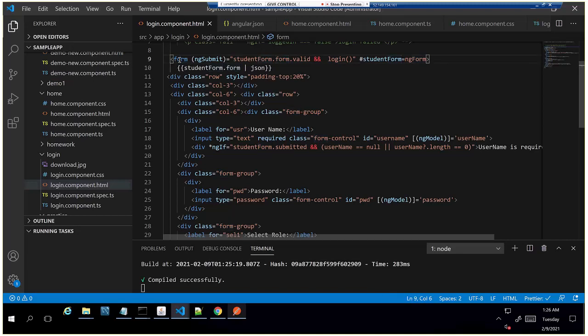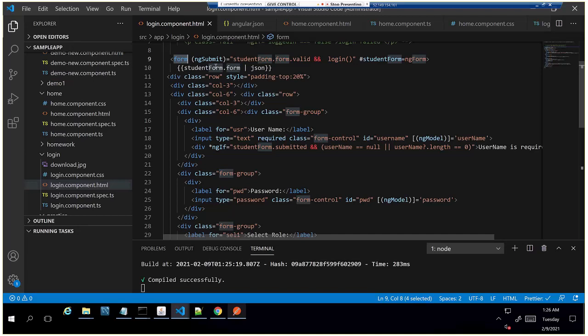And there are two kinds of forms we have. One is the model driven form, which means all the validations we do at the client side, and there is a concept called template driven form, and the other one is what we normally use in our projects.